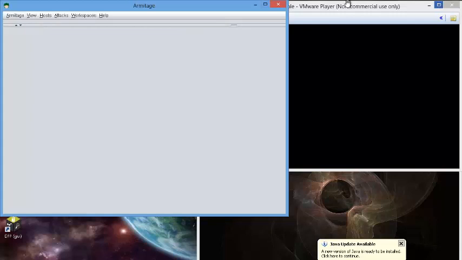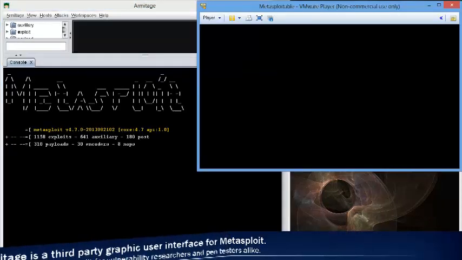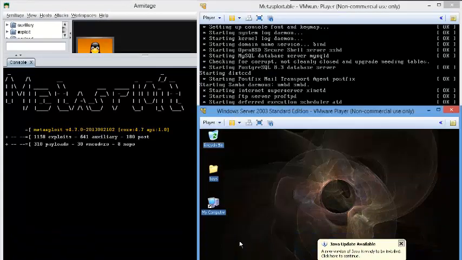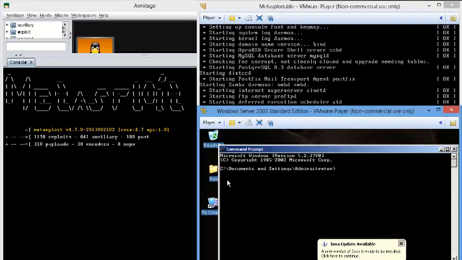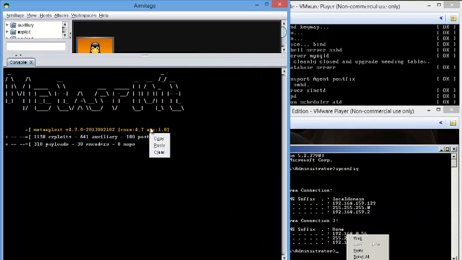Okay, now that Armitage is started up, we'll go ahead and make it a little bit smaller. The first thing we're going to need to know is the address of the 2003 server. So go into the system here, go into command prompt, and just type in ipconfig. The specific IP address that we're going to attack is 192.168.0.56. Now that we have that address,